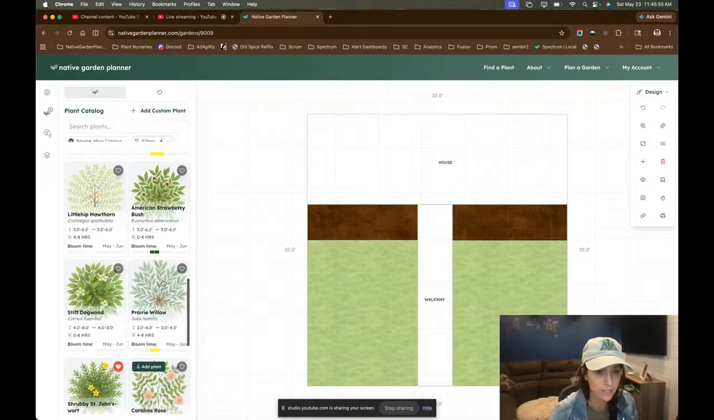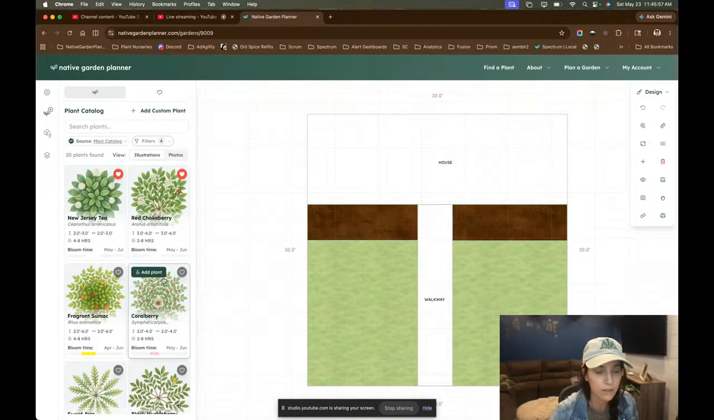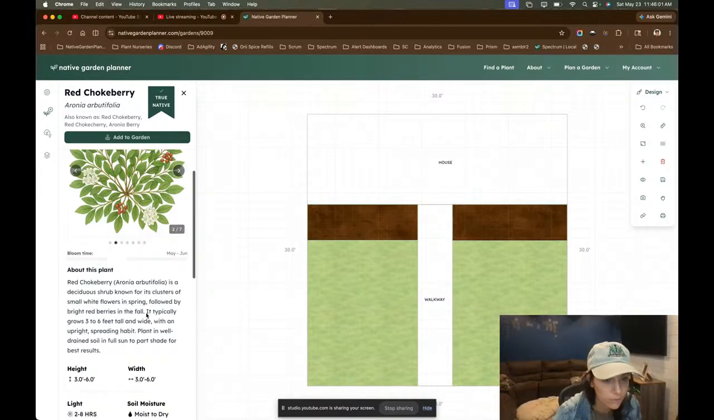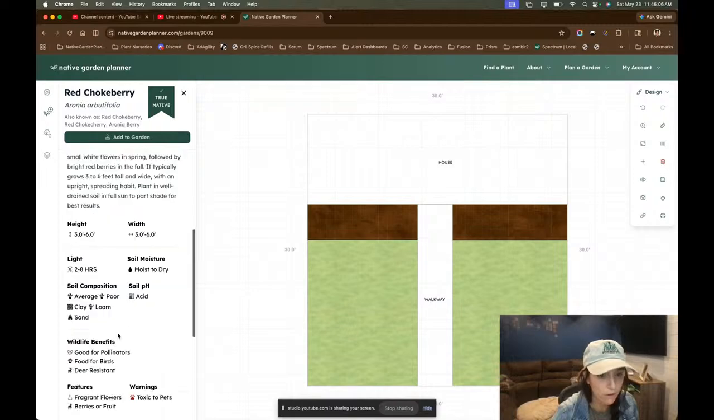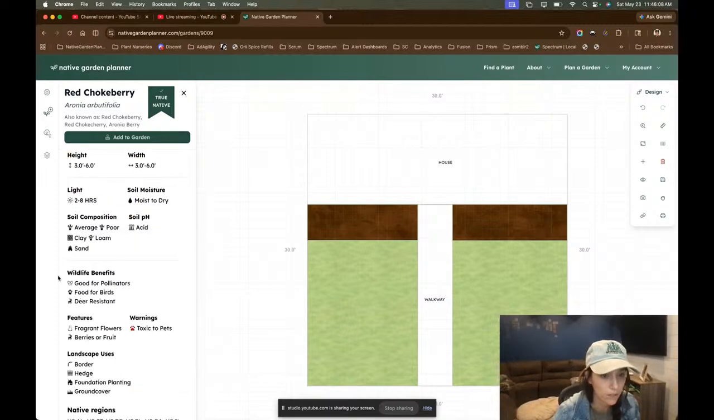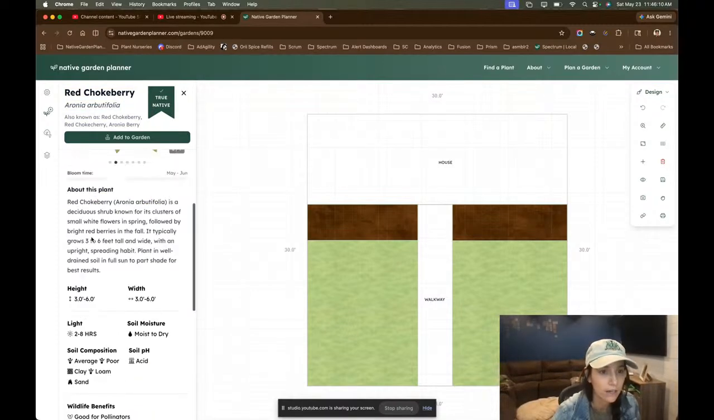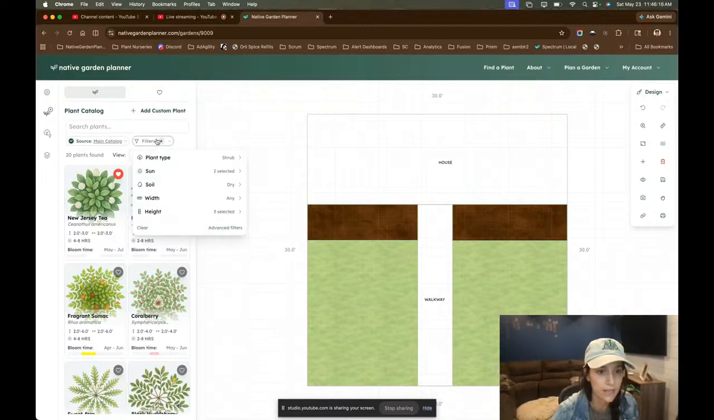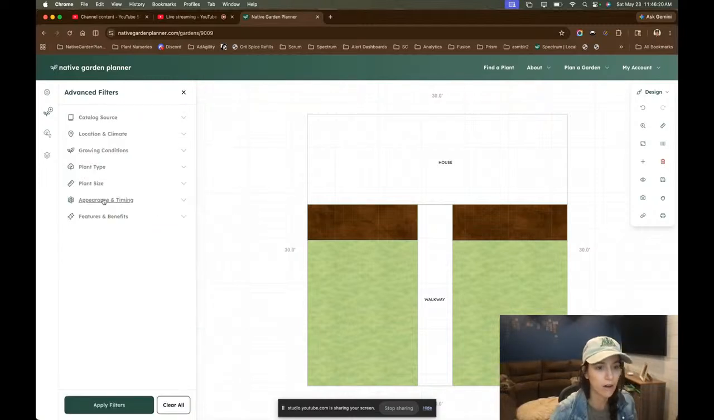Let's say I'm not entirely sure which one to go with. Of course, I can click and see more details about them. I can read that it has small white flowers, bright berries in the fall. I can read all of the benefits that it has here. And one thing that I can do as I'm filtering through is I can say, okay, because I still have a lot of options, let's see if there are any